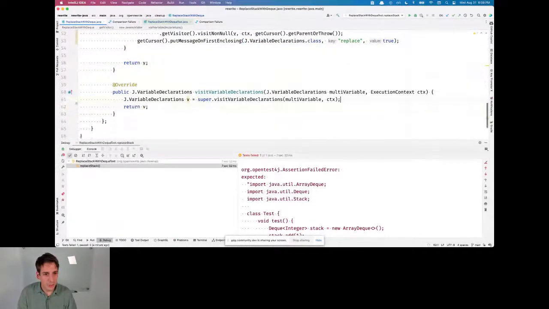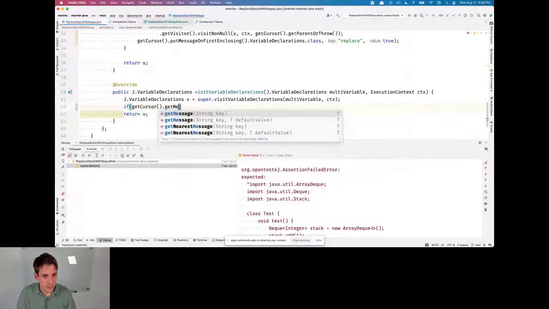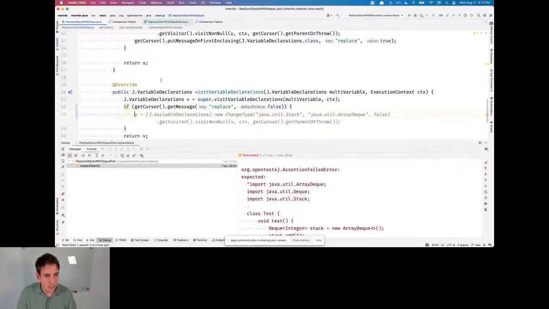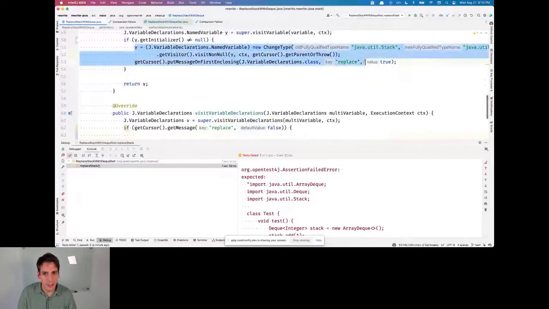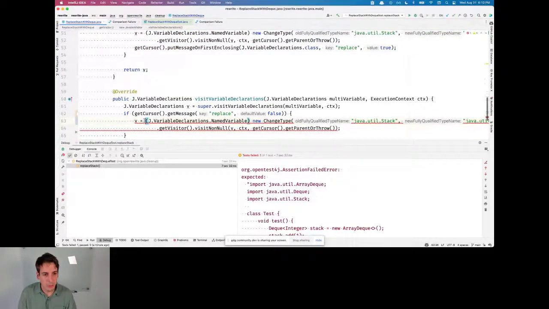Once I reach back up to this variable declaration, I can look at the cursor and say replace, and the default I'm going to say is false. I can do basically the same thing here that I did below, but replace it with a different type. So here, I'm going to replace stack with this DQ.